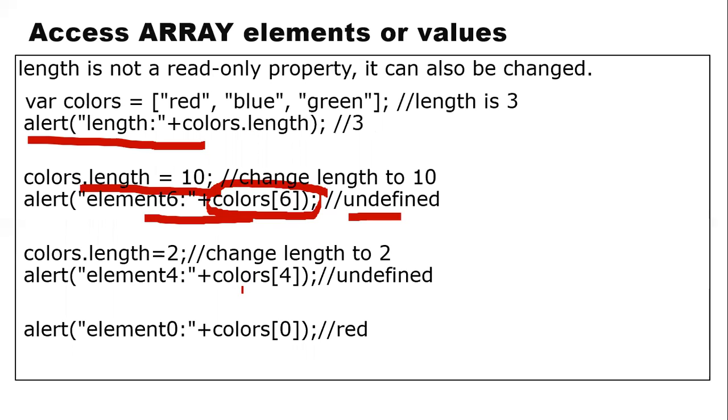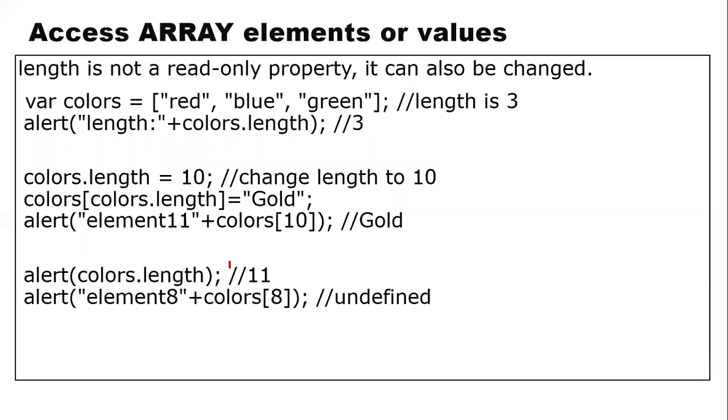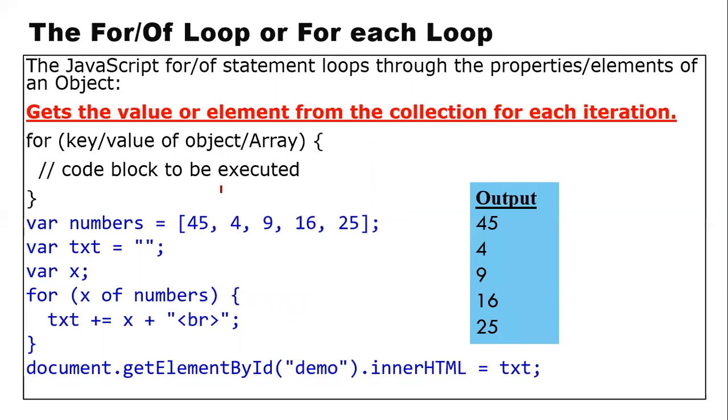Yesterday we have seen these examples. Then here I have a few more examples. Initially the length is going to be 3 for me. I can change the length, and then you can find out the values. Now remember, we can make use of loops, like the normal for loop that you have seen yesterday. So that loop can be used to access the elements of my array.